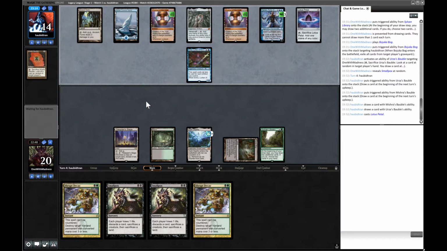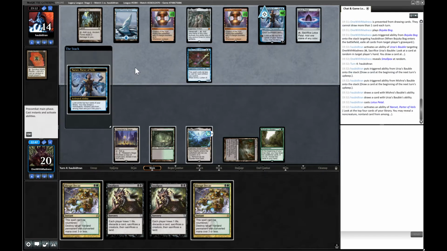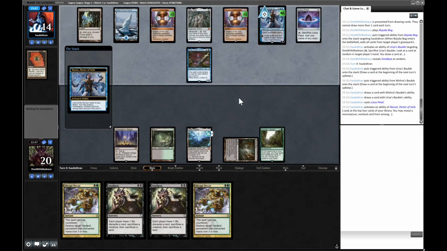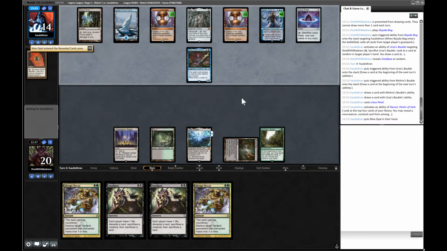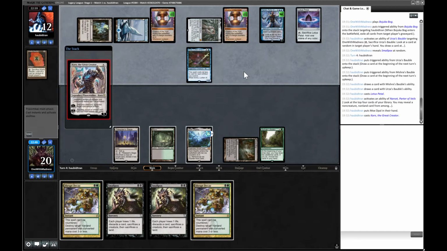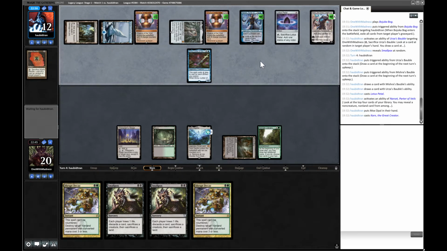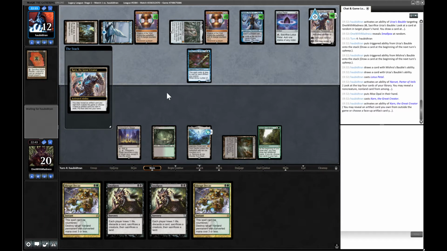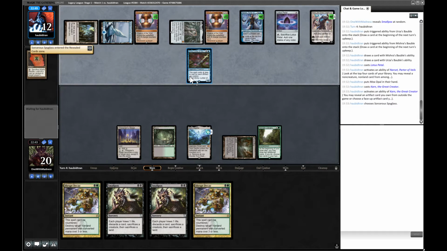Okay. Non-creature, non-land. So they can reveal Karn if they find it, or whatever it is that they win with. Mox Opal. What can they actually play here that's better than Karn? No, it's Karn. Okay. And now they can cast their Sorcerer's Spyglass. Okay, I mean,